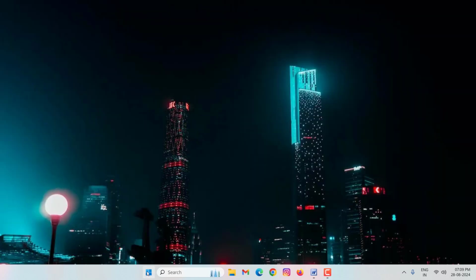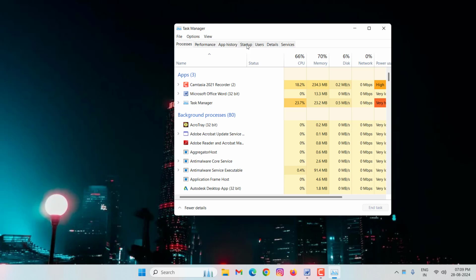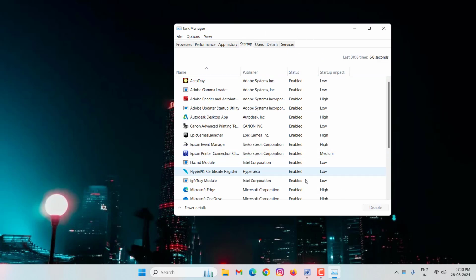right click on Start menu, click on Task Manager, then click on Startup. In this, you disable unnecessary enabled startup items, then close this window,